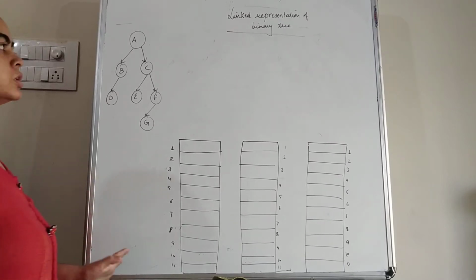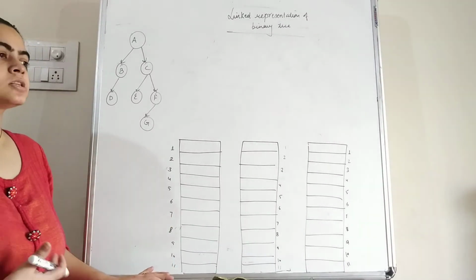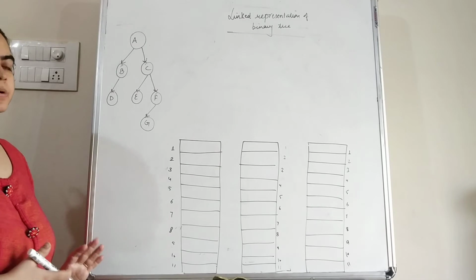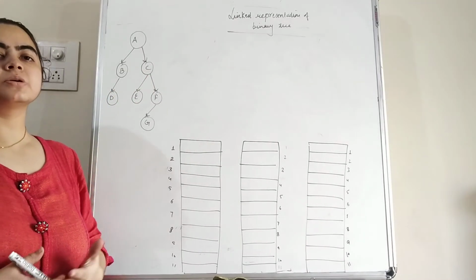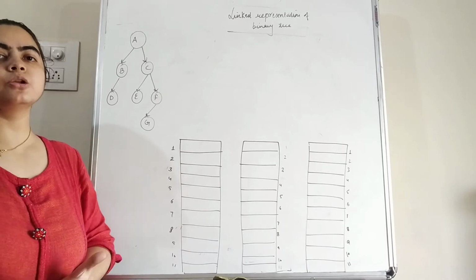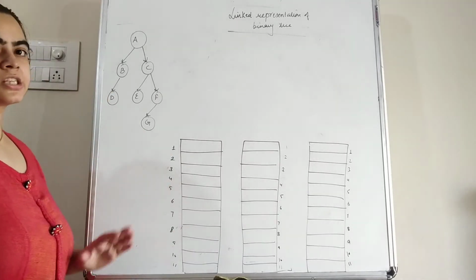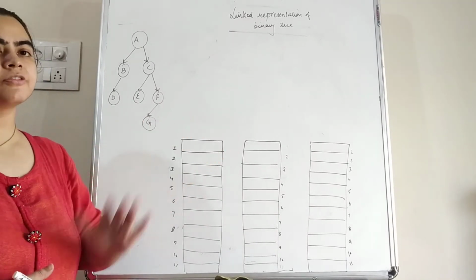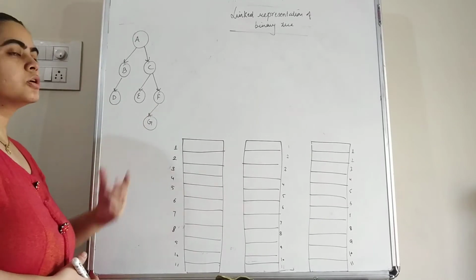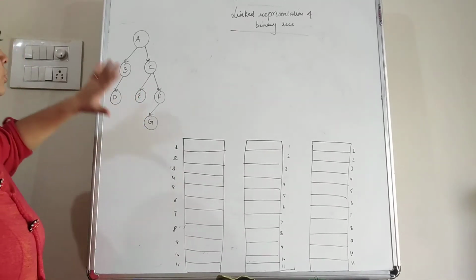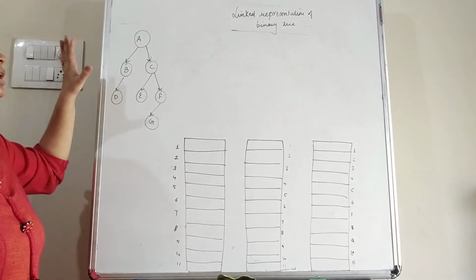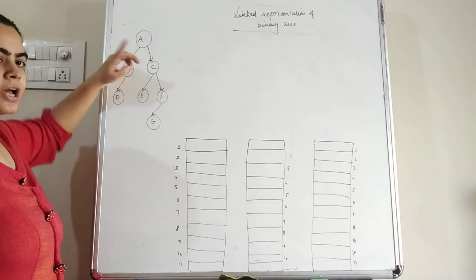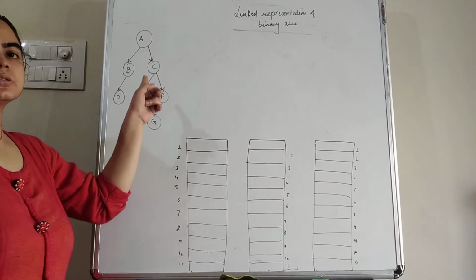So students, in order to represent the binary tree in a linked list, we do not require consecutive memory locations as in the sequential representation, because for the sequential representation we need consecutive memory locations in order to save the tree. But in the linked representation, different memory locations are used in order to save this tree. Now students, suppose this is the tree which we have to save in the linked list. This tree is divided into 3 parts. First is the data element, second is the left subtree, and third is the right subtree.